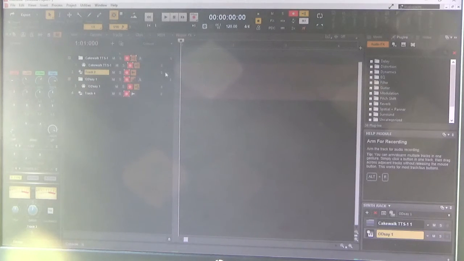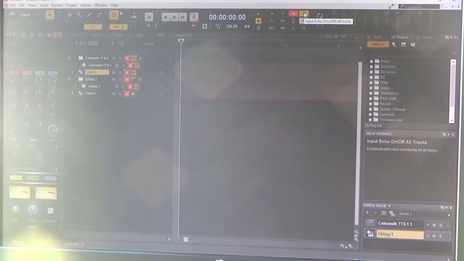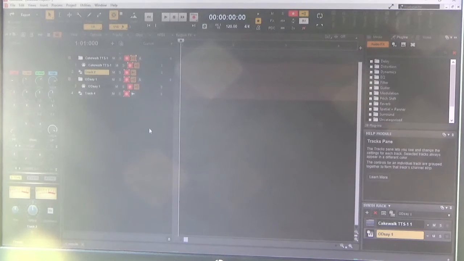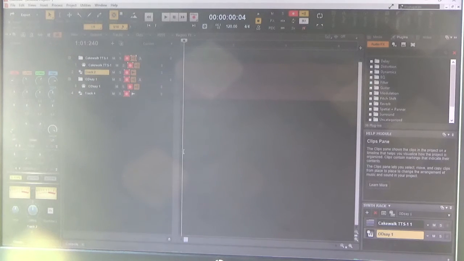If we want to enable all the tracks for recording, we could just select this button here, and that'll enable all of them for audio. Select it here, and now okay. So we have two synthesizer voices, and what we'll do is we can actually record some notes to play back in the synthesizer using